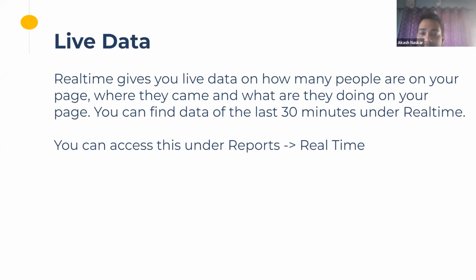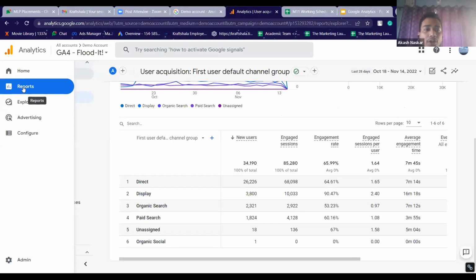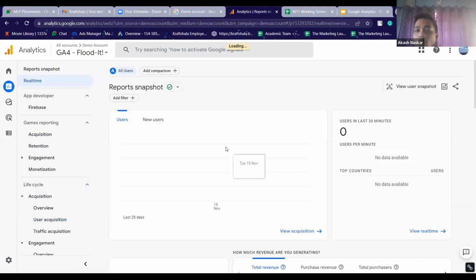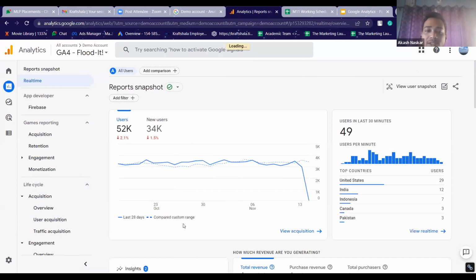You can access this data under Reports, in Real time. If you click on Reports, the second option is Real time. Click on it and you will see users in the last 30 minutes, 68 users per minute.